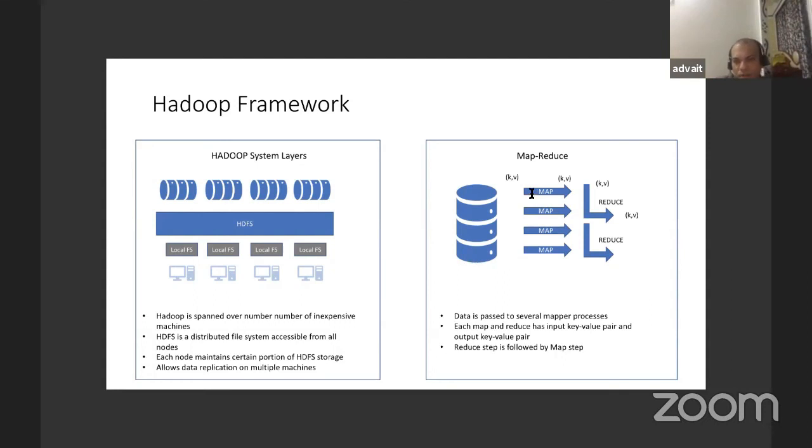First comes map and then comes reduce, and combined they form one step of MapReduce. If you want to build more steps, you can go iteratively: one big MapReduce step, and then add another MapReduce.